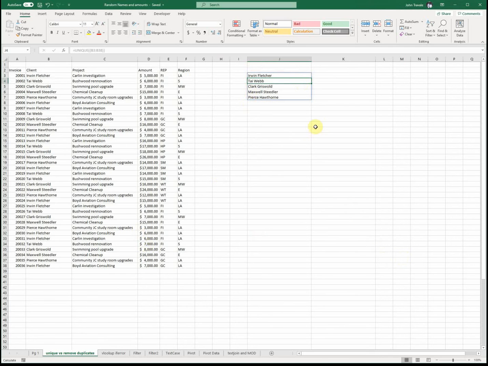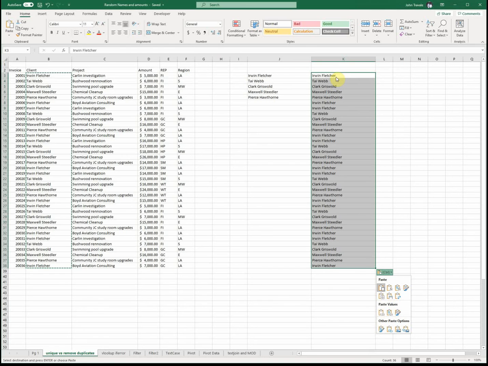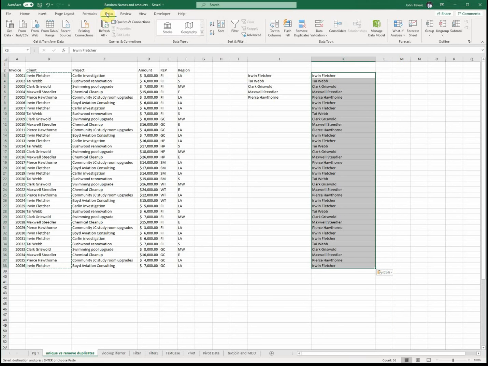In any case, the second way to do this is to actually copy down this list and paste it. And then what you're going to do is go to Data, Remove Duplicates in your Data Tools,